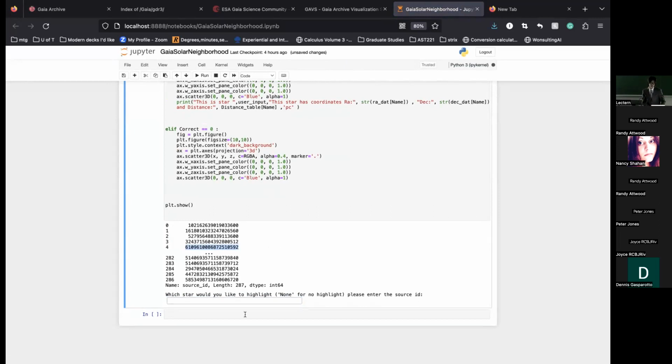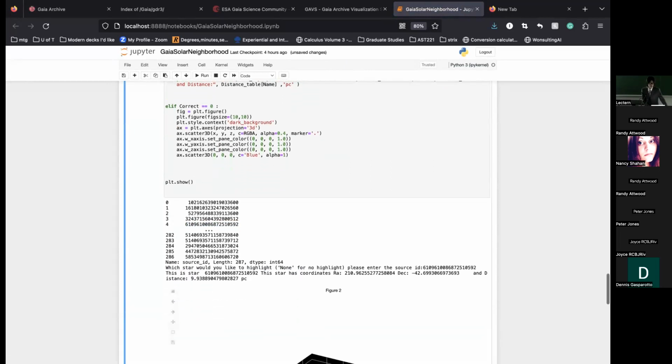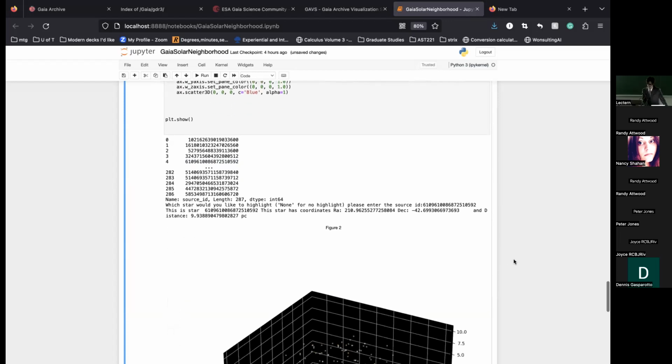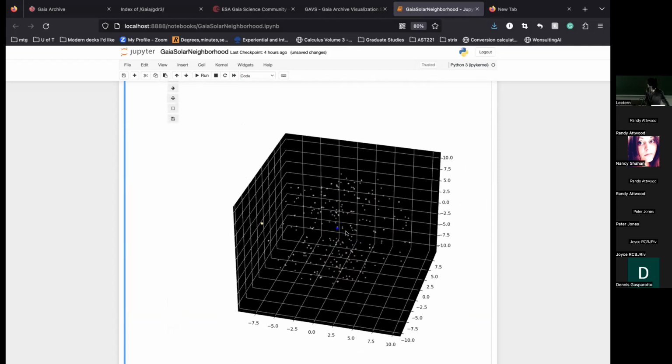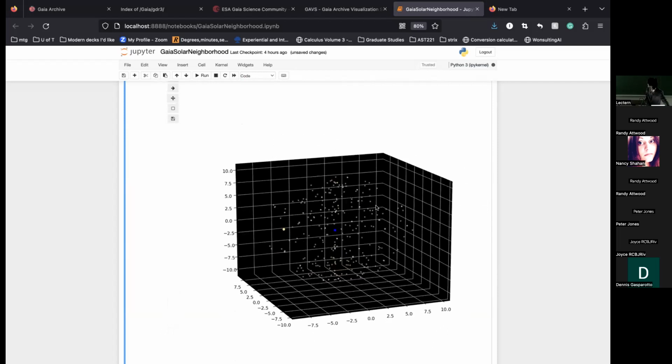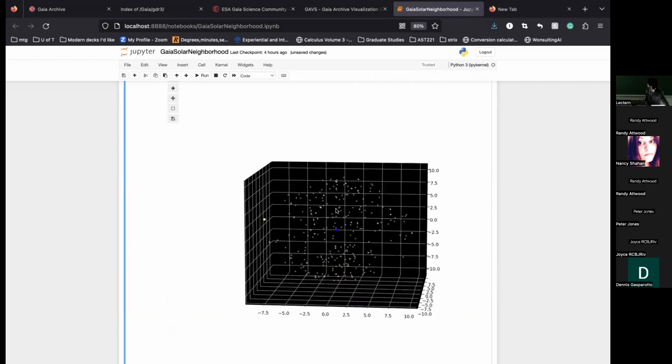So let's take number 4, for example, type it in, press enter, and it'll generate the specific coordinates and the distance. So this star is 9.9 parsecs away, has a right ascension of 210, has a declination of -42, and it's over here. It's the one that's highlighted, and you can actually click and move all the stars around as you please.